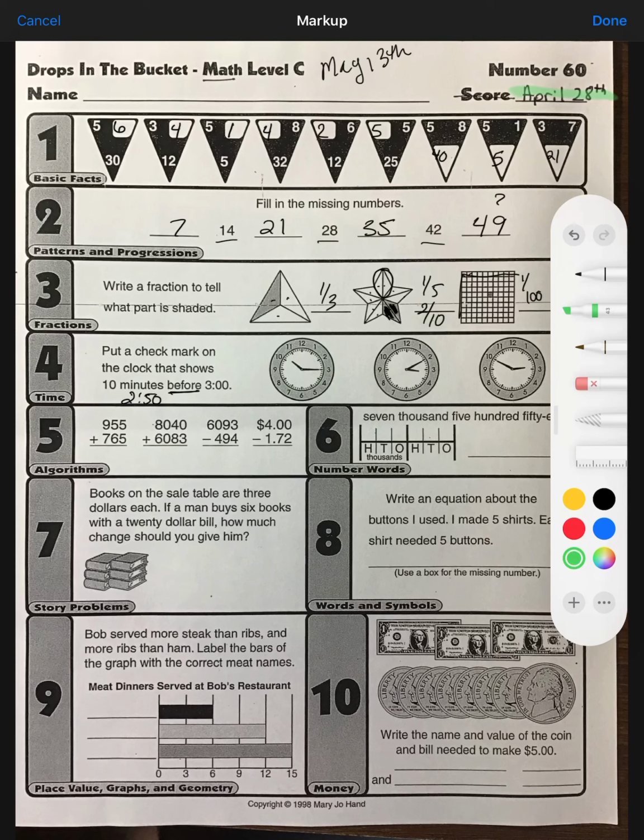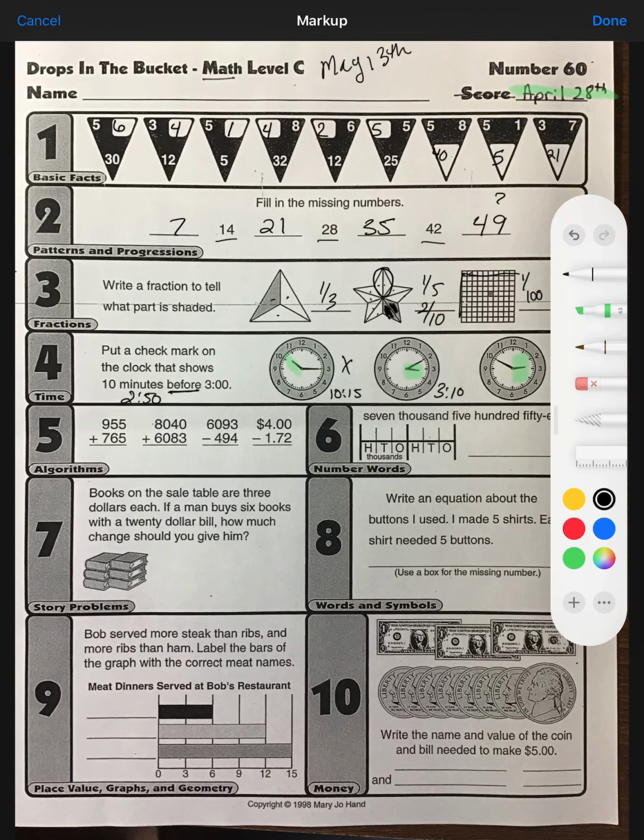So remember, the hour hand is the shorter hand. So that's going to tell the hour. The minute hand is longer. So this time here is actually 10:15. We're trying to trick you by using the minute hand and making you think that's the hour. But that is 10:15, so that is not correct. And then this one is 3:10. So if you had read 10 minutes and you didn't read before 3, you could think it's the middle clock,